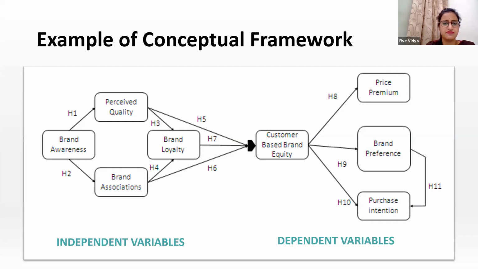Okay. So yes, if your topic is talking about some impact, like the impact of one variable on another variable, if your study is something like that, then it is necessary that you should have a conceptual framework. Also, for all social science researchers, if you are including a conceptual framework, later on you are going to do a multivariate analysis just to test this model. So this adds to the quality of your research. If you're aiming to have good quality research, you should always go for a conceptual framework, because that adds good value to your research.